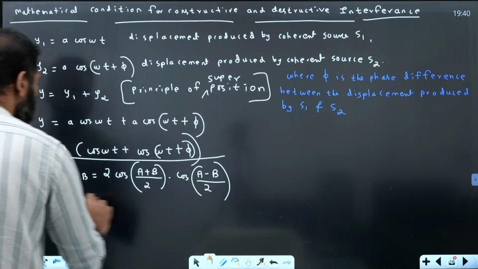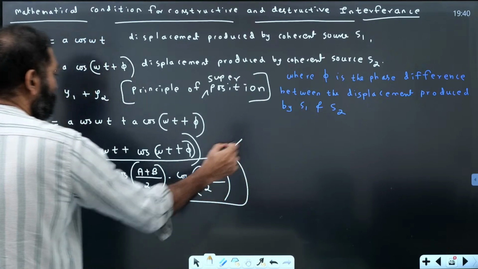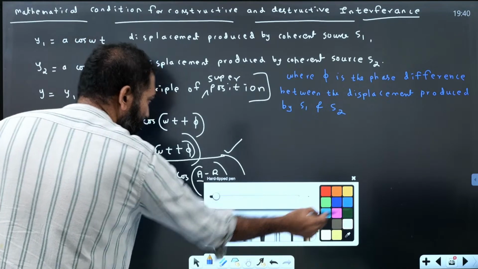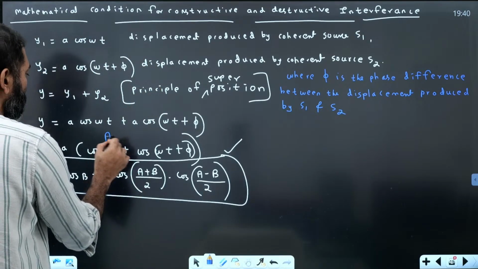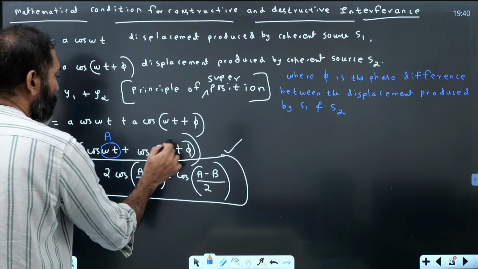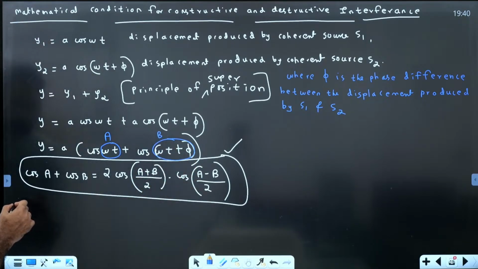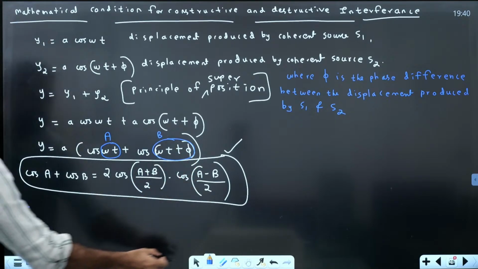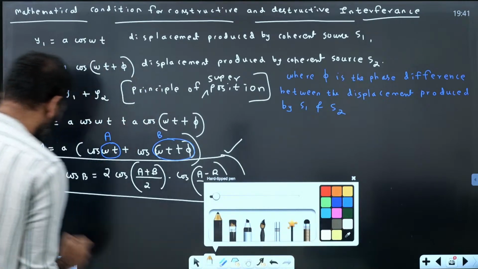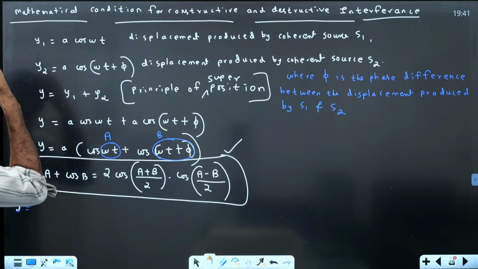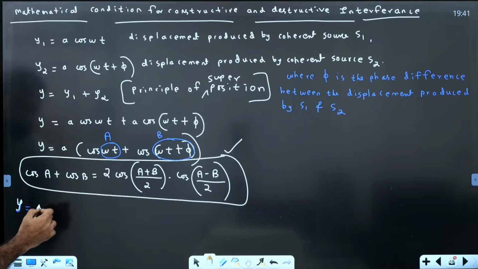This is the standard trigonometric formula. So here instead of A, we have omega t, and instead of B, we have omega t plus phi. So y is equal to, what we are getting, A into 2 cos